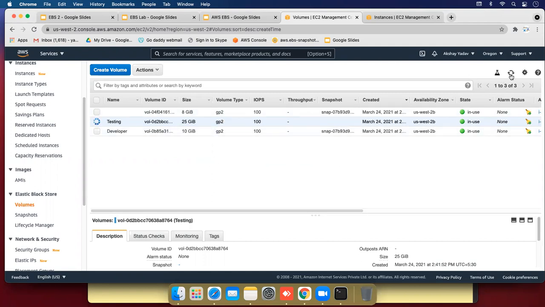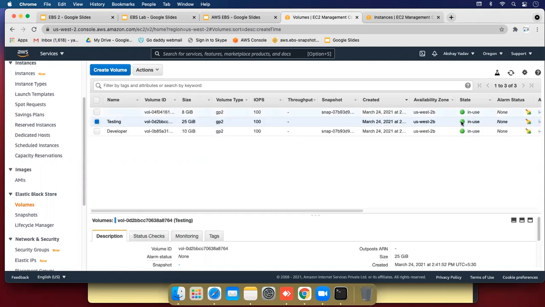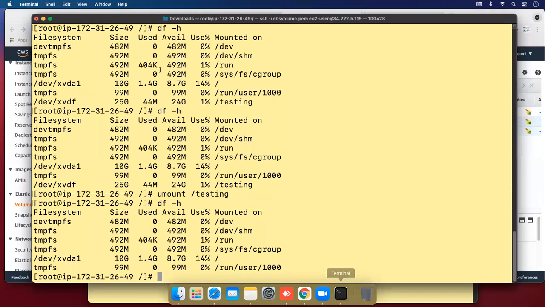Click refresh once again. So you remember I created two folders in the testing volume. So let's mount it and connect to the machine, df -h.